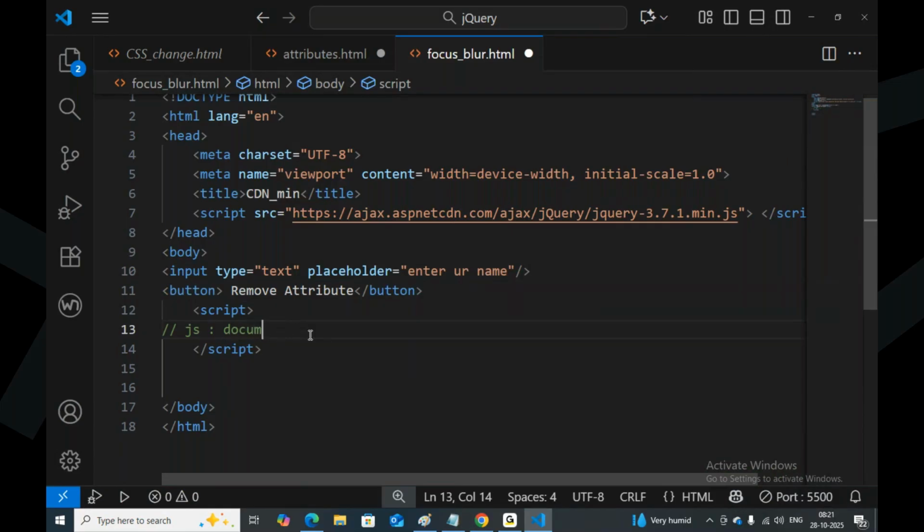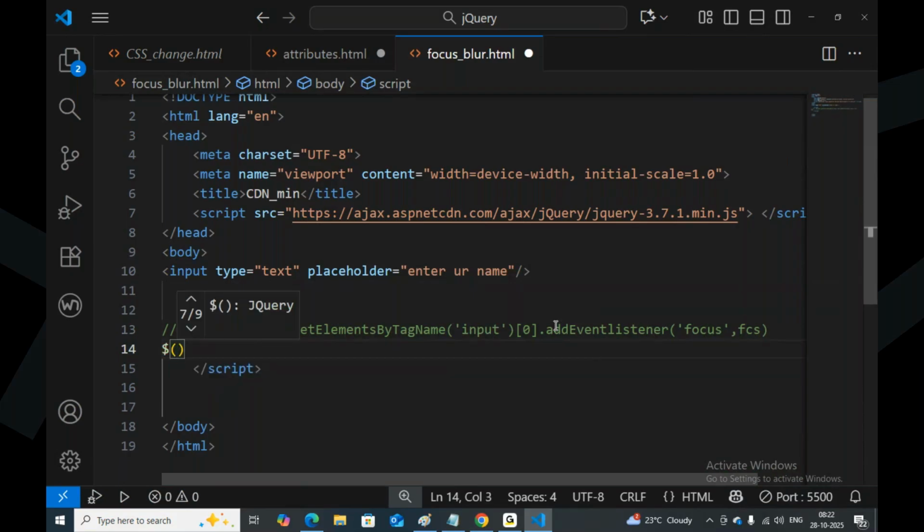Document dot getElementsByTagName input, index 0, dot addEventListener, focus, with handler name FCS. This is what it is in JavaScript, but in jQuery,